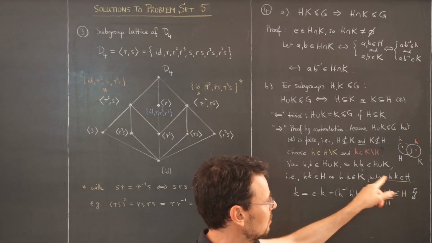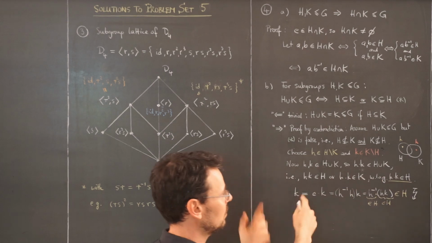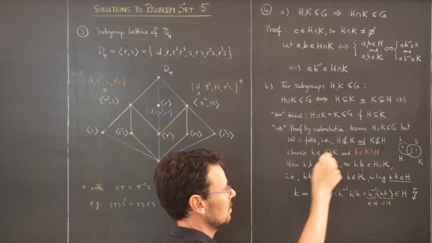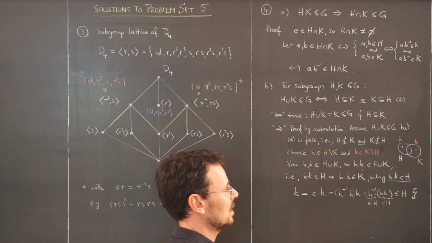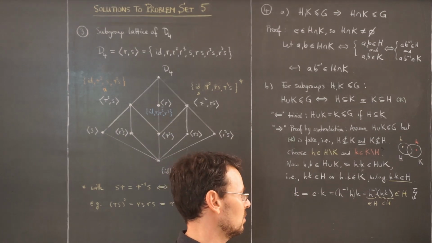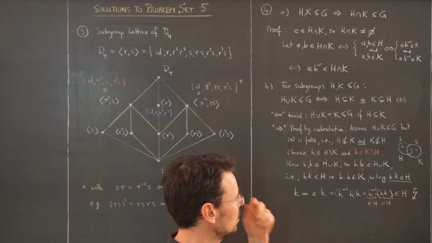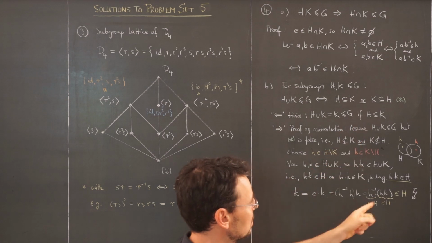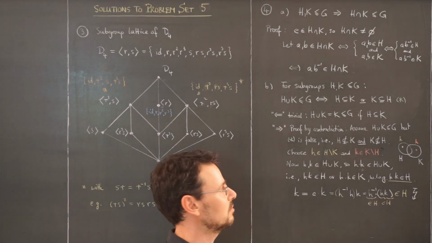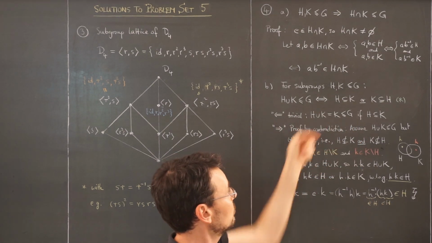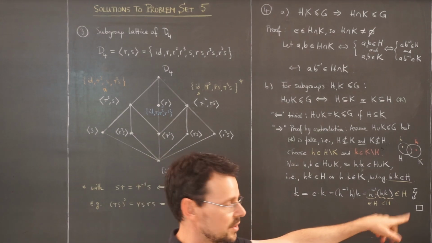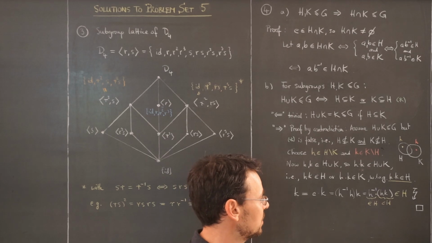And of course, if this product lies in K, we do the same with h, write it like that and arrive at the conclusion that h is an element of K, which it is not. So the assumption that this here is false leads to a contradiction, so it must have been true, and we have proven the hard implication. And this really deserves this end of proof box here,